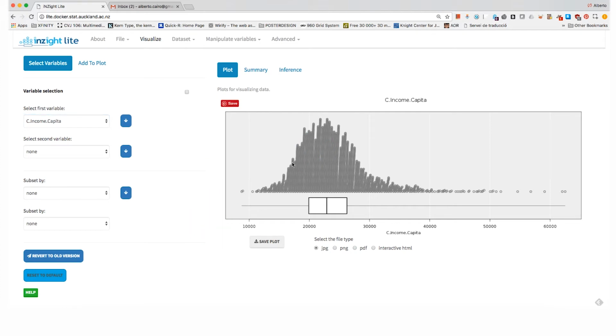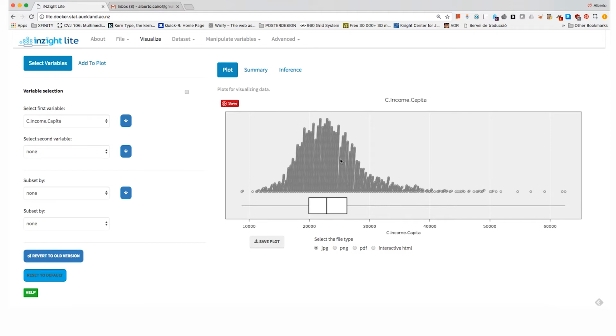Now, what is this graphic that we have over here? This is a distribution graphic, right? It's like a dot plot. We have tons of little dots. Each one of these little dots corresponds to a county, so there will be more than 3,000 counties over here. How do I know?